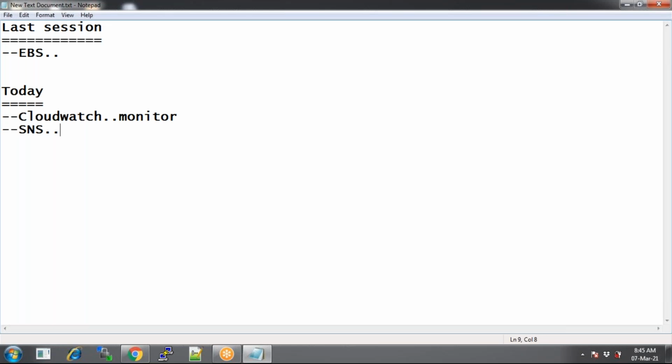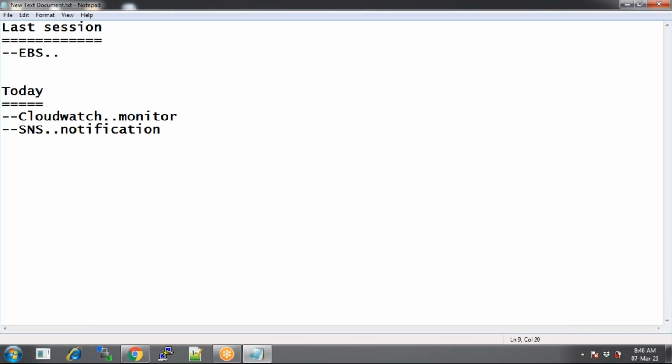So this is for notification purposes. If something is wrong with my instance, notify means emails triggering. So I can use the SNS notification service. But when do you want to notify? If something goes wrong. What is the issue? We'll talk about it. But how do you know if something goes wrong?